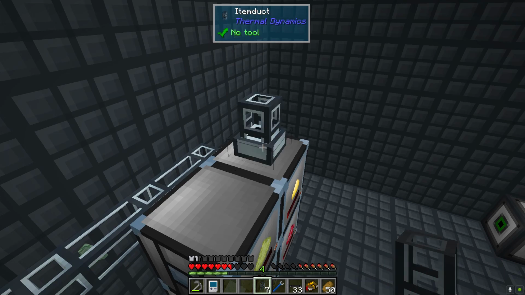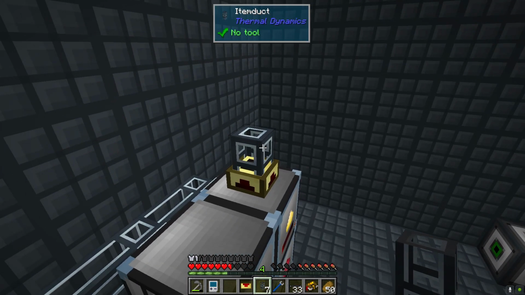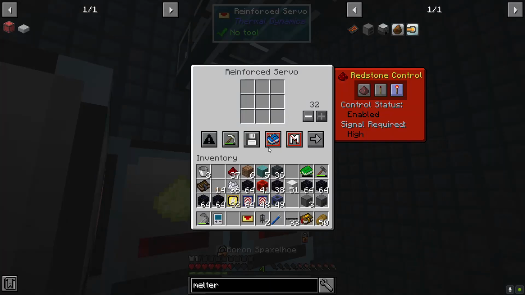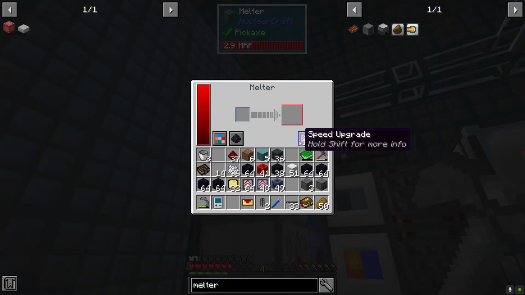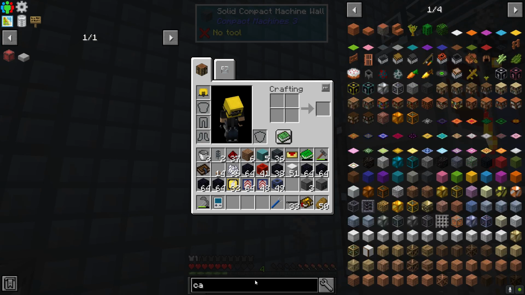And we'll come up, put that in, plop a servo on there, and we're just going to run this up and over like that. And ignore redstone, so that way you can start sending sulfur over to the melter for us. And the melter runs at a pretty good speed, and it's making 666 sulfur per craft. That should be good for us. Okay,